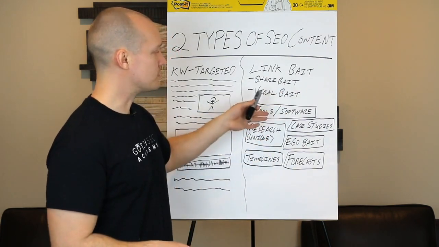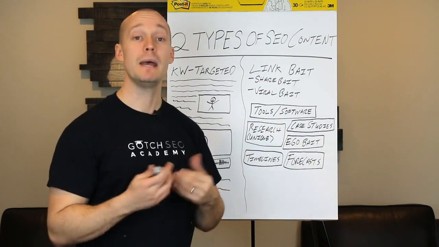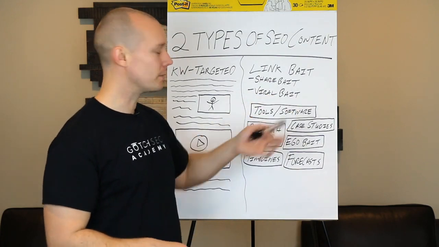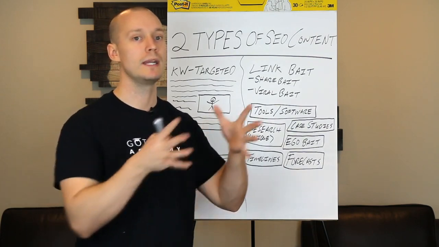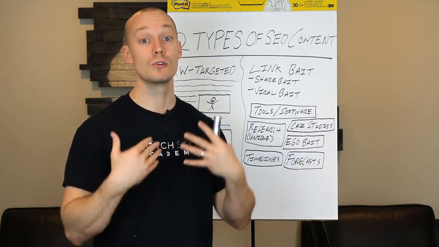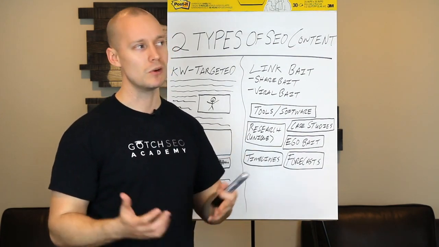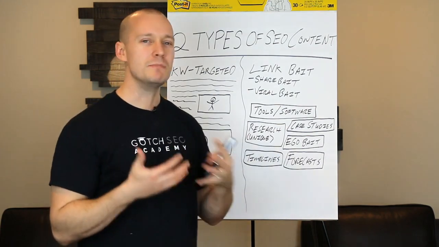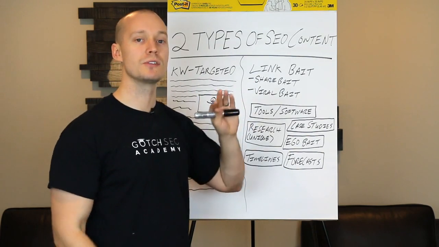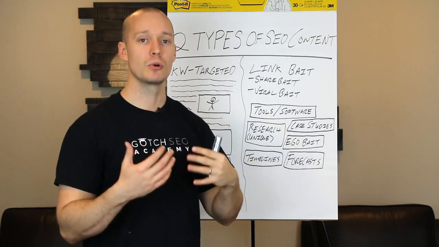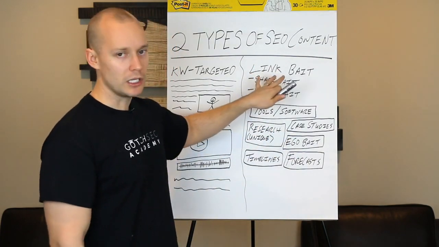So some other forms as well that you can consider, but they may not have as big of an SEO benefit, are share bait and viral bait. Share bait is very similar to viral bait, but basically you're creating a content asset that's hopefully going to drive a lot of social shares because of the viral nature of that particular topic. So there are going to be a lot of these elements mixed together, but the main focus as far as SEO goes, and as far as driving organic search traffic and most importantly building the authority of your website through acquiring backlinks naturally, is going to be link bait.